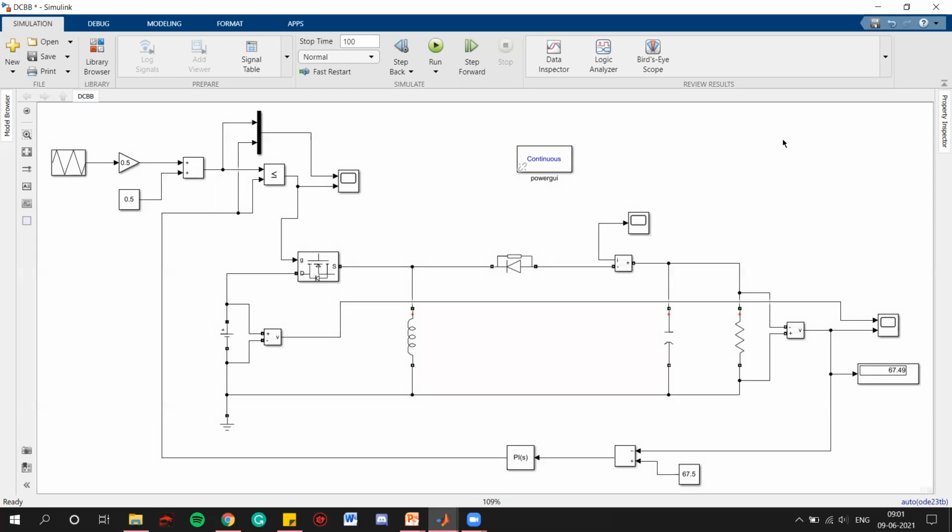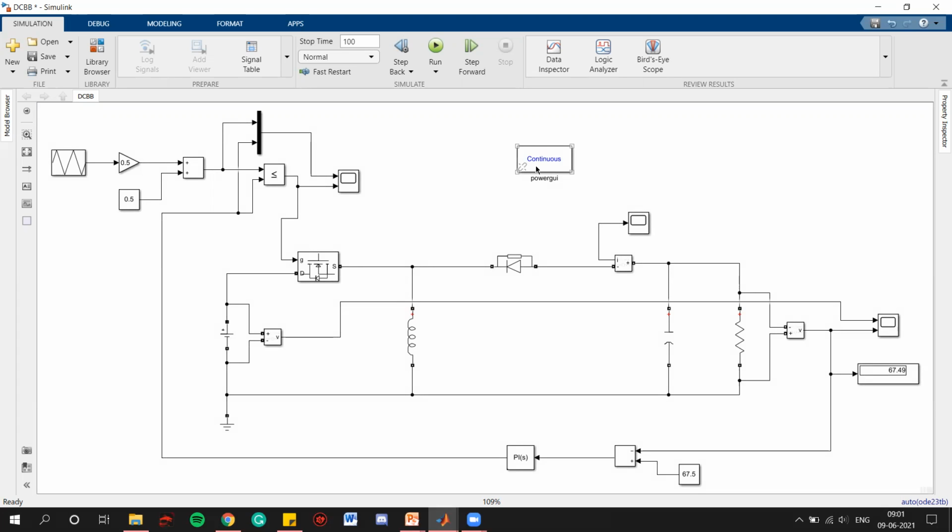If it is on grid, then we are synchronizing it to the grid using an inverter, but we will not go there. Let's assume that the panel is off grid, so we'll charge a battery. For charging a battery, we require a constant output voltage from the solar panel. But this is not possible, right? Because the intensity of the sun is variable throughout the day. So for that reason, we are using